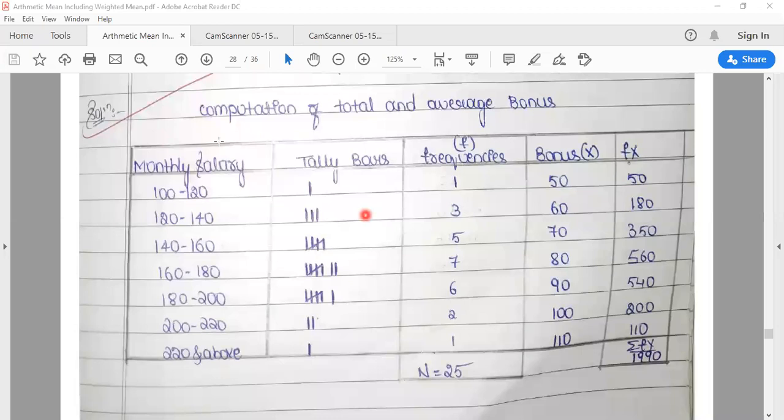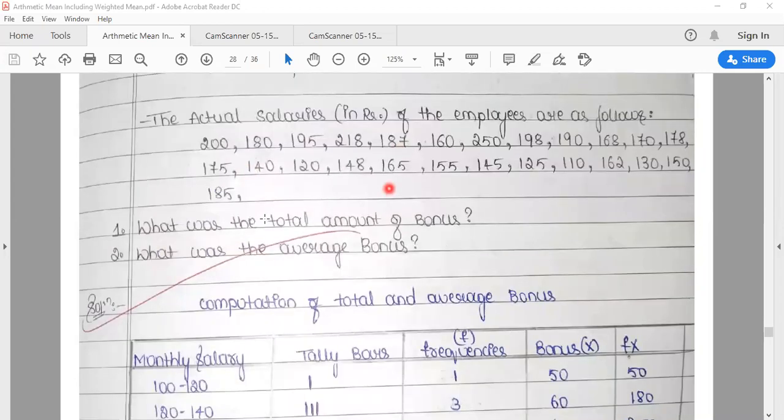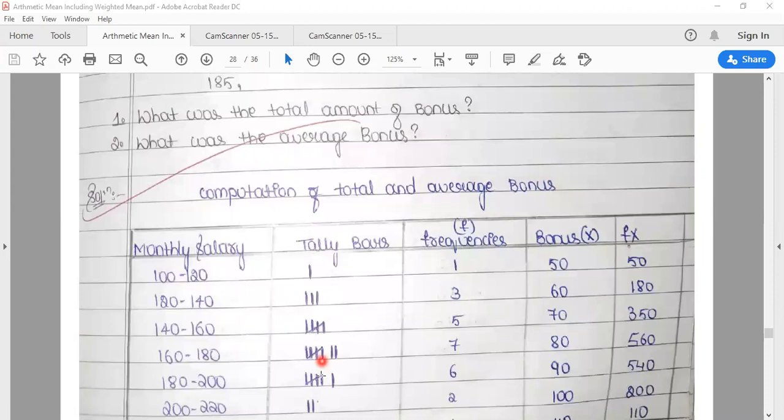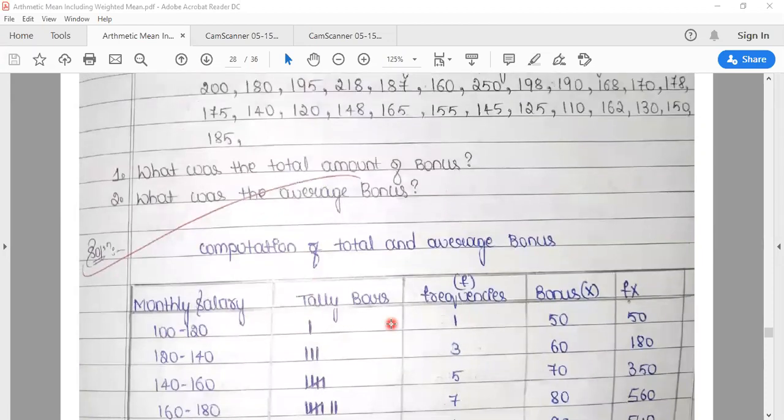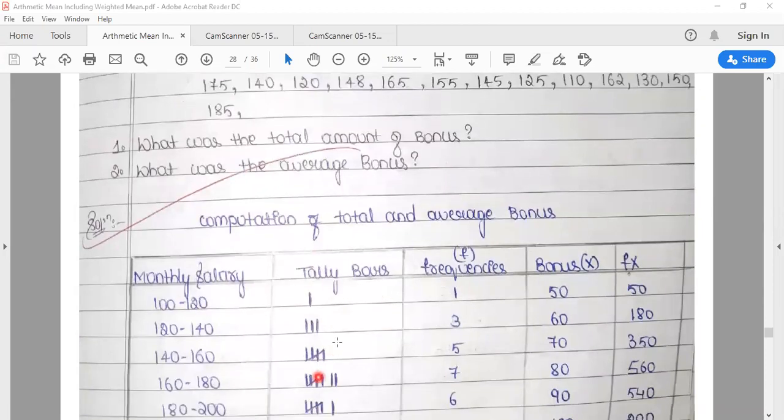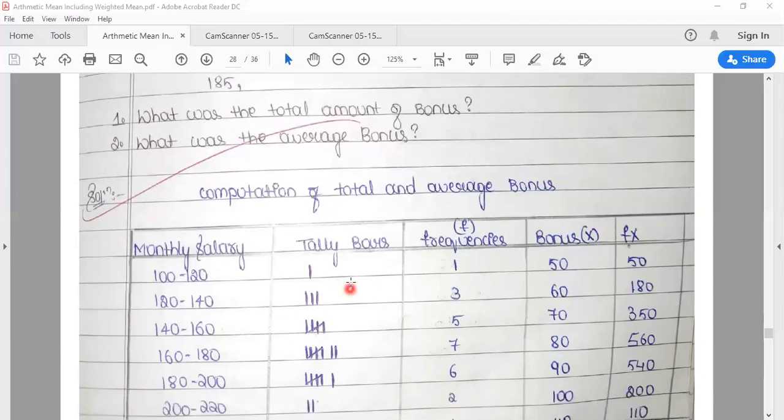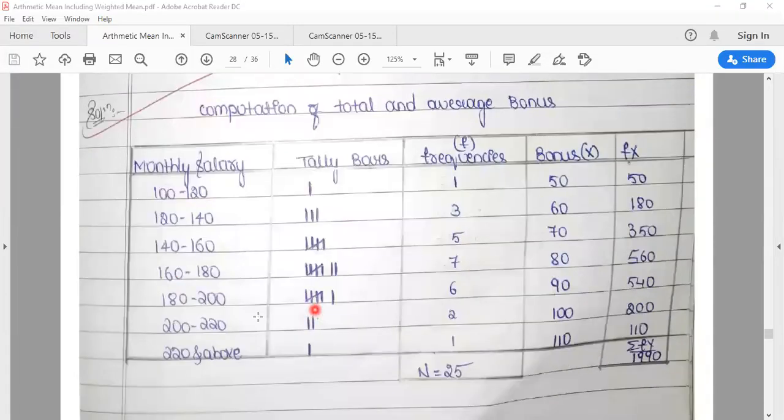See these individual series numbers, mark the tally bars. I hope everybody knows how to mark the tally bars. After 4 numbers, the 5th one should be a diagonal line. That should be from right to left only. Don't draw the other way around. Once you find the tally bars, be careful, see if it is exclusive series or inclusive series, and then do it. We will come to exclusive, inclusive once I finish this problem.